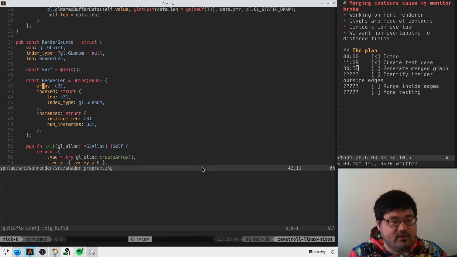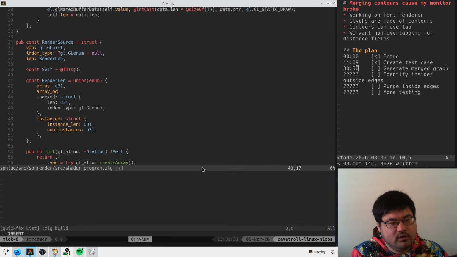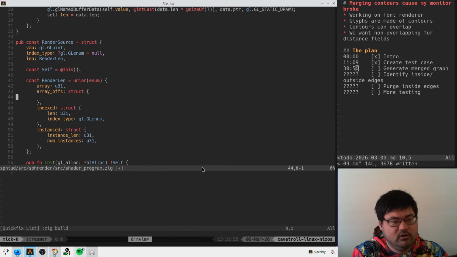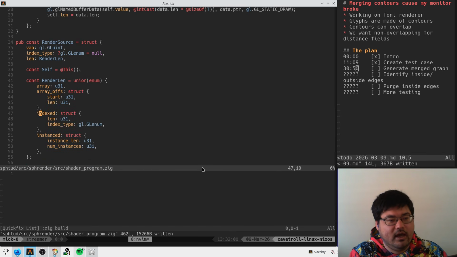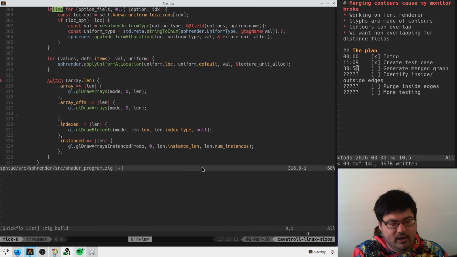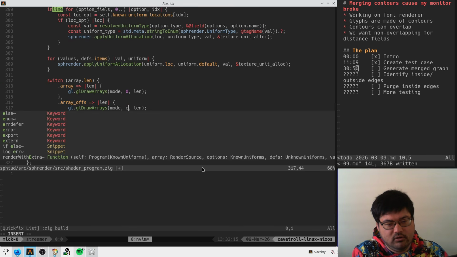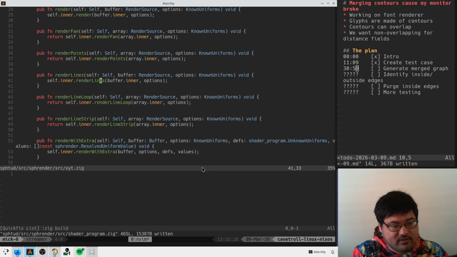We can say that our render source here, can we do an array offset type here? So we're going to say you can do start and len. And if we see this type, we have start, we're going to draw arrays with start and len. And then we can kind of just hack this thing and we can say,